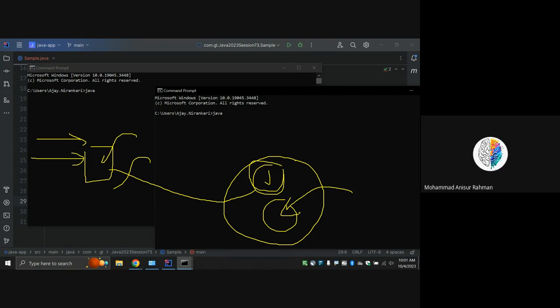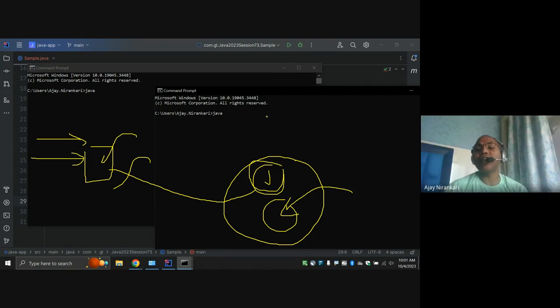So multi-threading is just one of the ways in which we increase our CPU utilization. Currently, our CPU has lots of power to process. At the same time, multiple instructions, multiple programs can run.